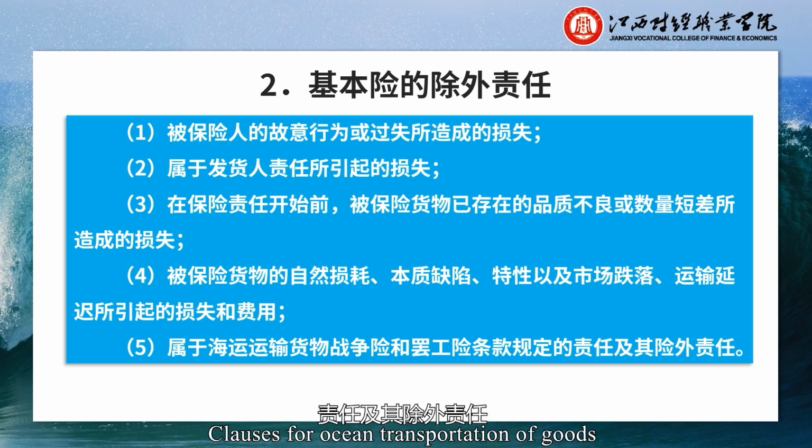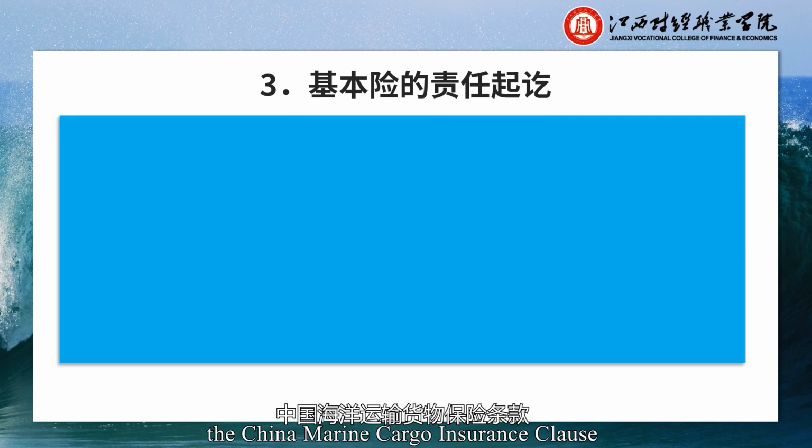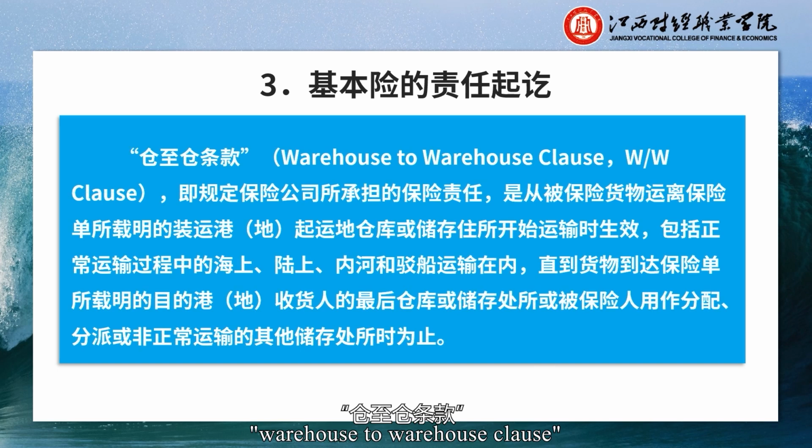Clauses for ocean transportation of goods consistent with the customary practice in the international insurance market. The China Marine Cargo Insurance Clause also stipulates that insurance companies adopt Ping An insurance, water damage insurance, and all risks insurance, the 3 basic insurance types commonly used in the international insurance industry, with the warehouse-to-warehouse clause, which stipulates that the insurance liability borne by the insurance company shall take effect from the time when the insured goods are transported